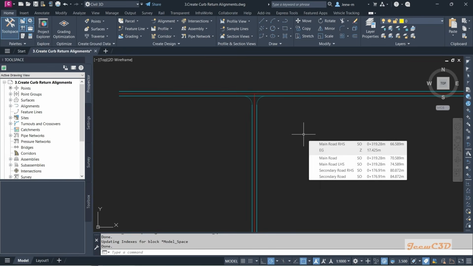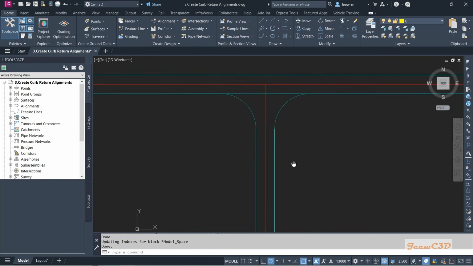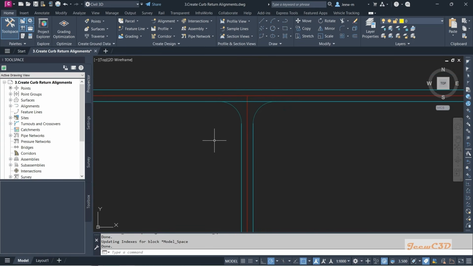After creating the edge alignment for main road and secondary road, next what we are going to do is to create the curb return alignments. So in other words, these turning alignments. So to do that, we have to create new alignments in this turn and this turn. So the trick here is